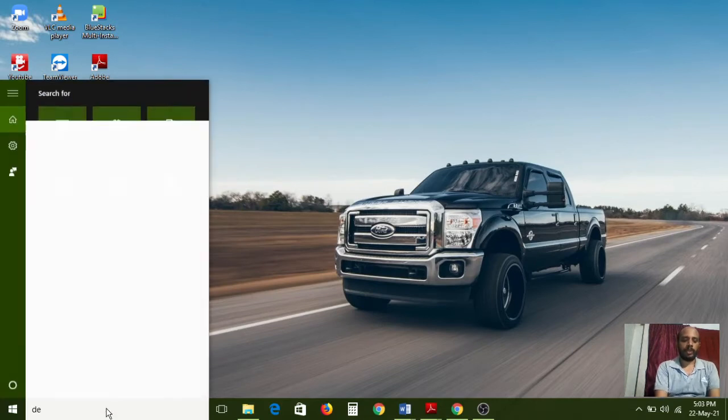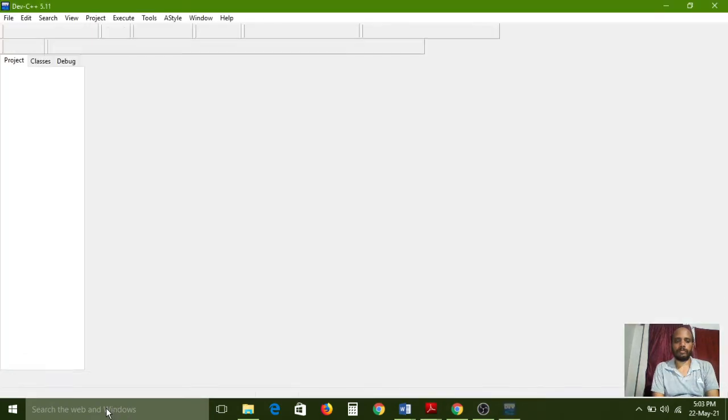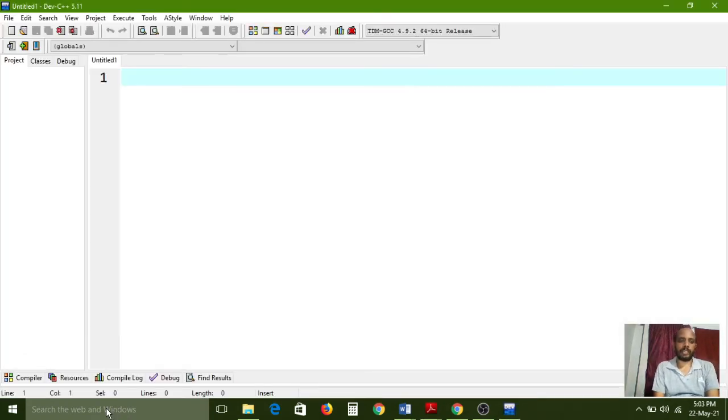Now I am opening the Dev-C++ window, pressing Ctrl+N to open a new window. Here, hash include stdio.h, and this is a header file. Simply you can see the program first; after that I will explain clearly.